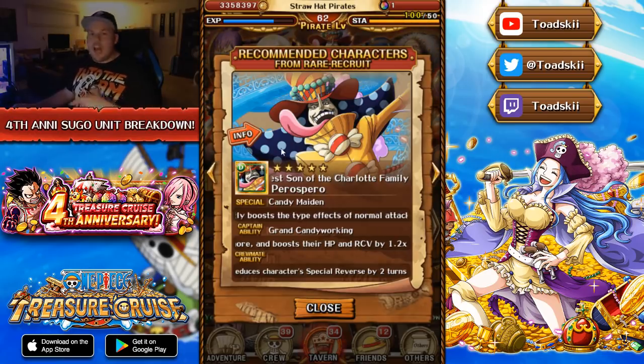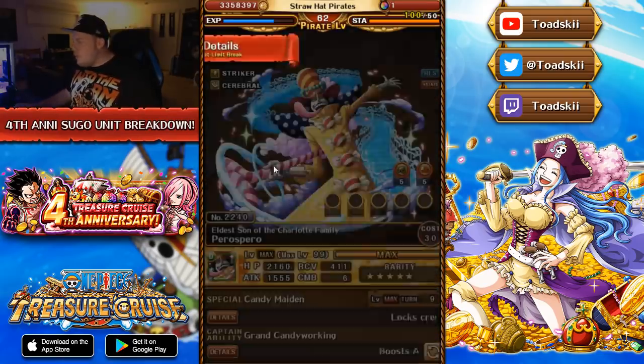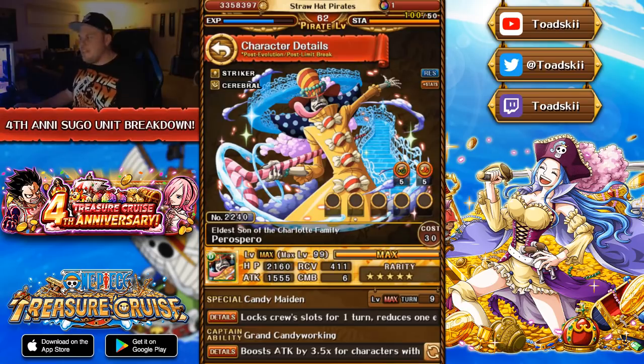To my knowledge, I believe this is, to this date, the most used rare recruit out of this entire batch, aside from the legend, of course. So here we have Perospero. Now, Perospero is pretty freaking sick. Perospero is a Dex Striker Cerebral character, and at max level, level 99, he has 2,160 health, 1555 attack,